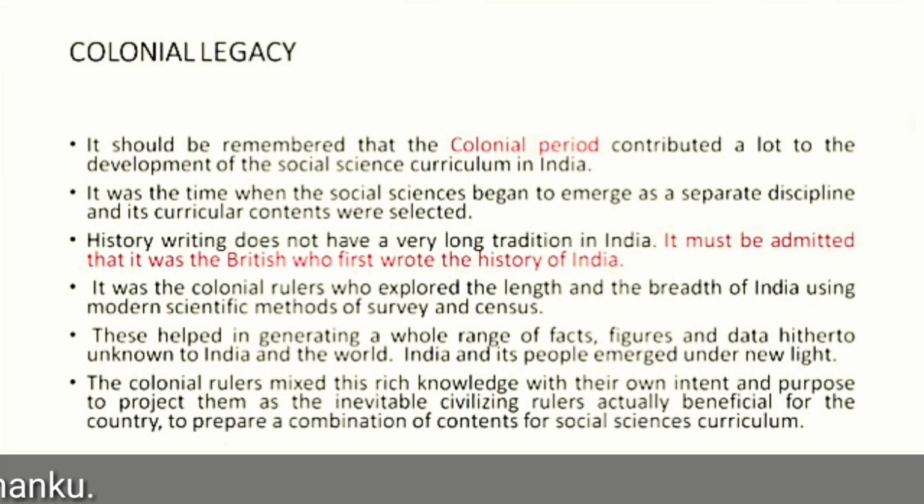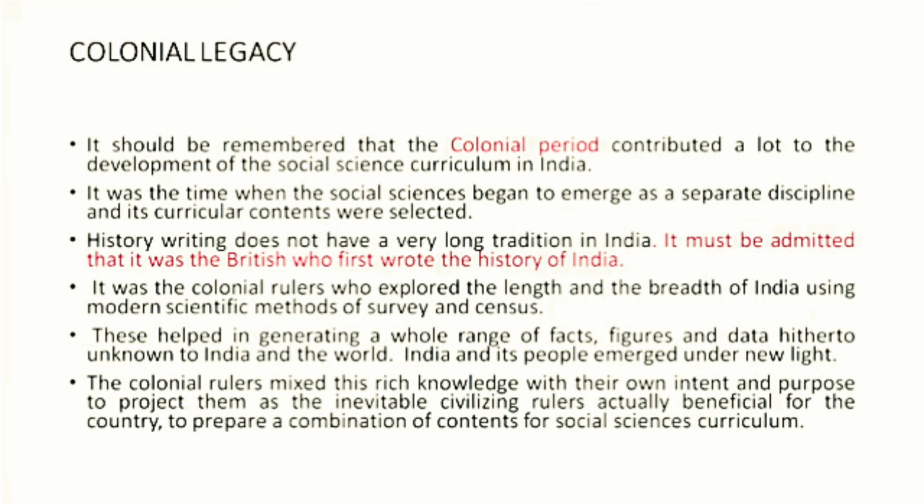We had a large number of resources, for example the number of rivers in India. Pre-colonial India had no idea about how many rivers there were in India. When the colonial rulers came to India, they listed the total number of rivers. They listed the total number of hills and mountains in India. They listed the flora and fauna of India. And Hortus Malabaricus and other such great texts and books are the results of this kind of listing.